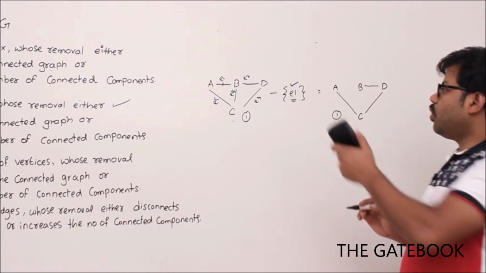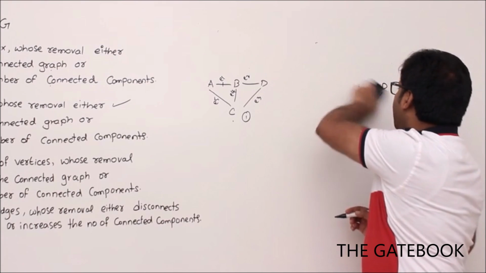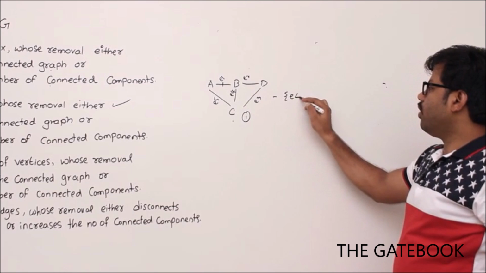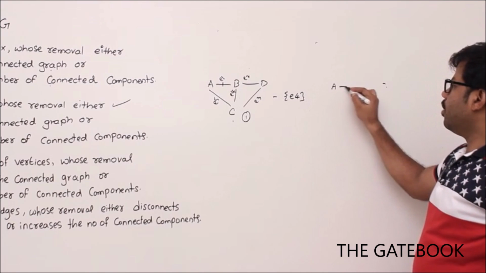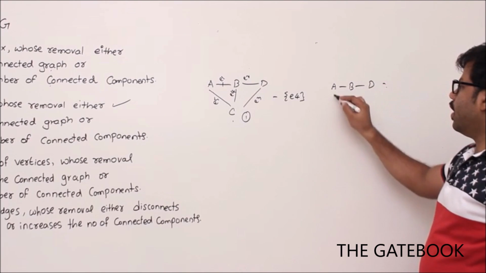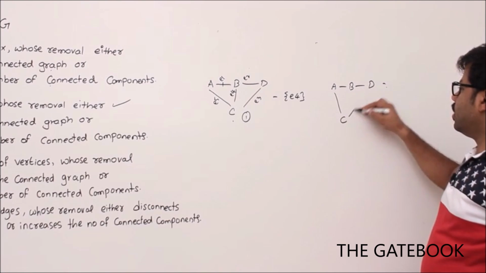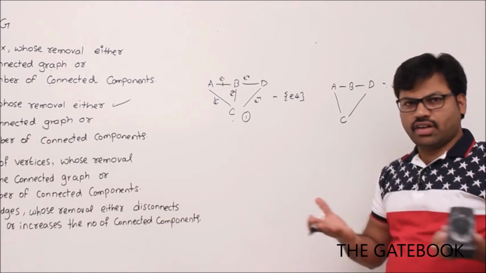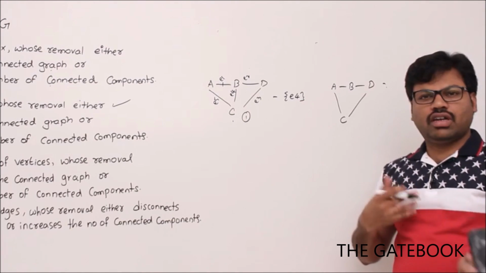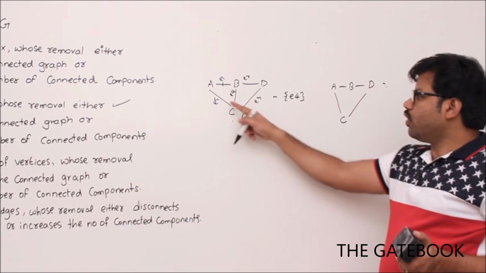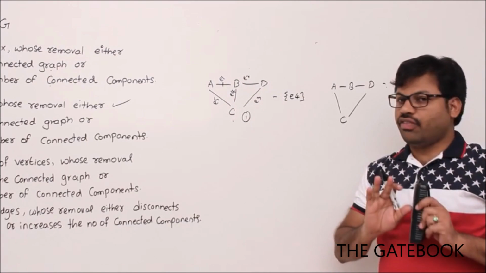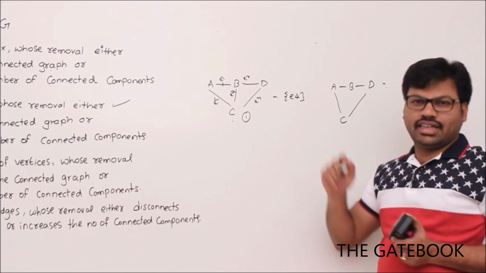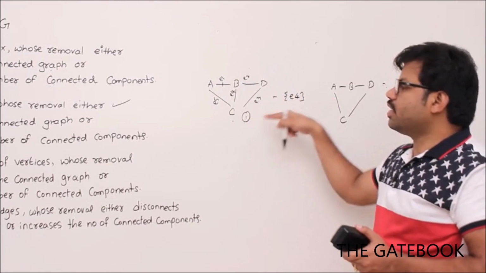Okay. So, one more example we'll see. Let's try to remove E4. If I remove E4, what happens? Then you get AB, BD and AC and CD. Again the same thing: the graph is not disconnected, the number of connected components has not increased, so E4 is also not a cut edge. Whatever you remove here, the graph will not be disconnected. So that's why I can say that nothing is a cut edge here. Okay, there is no cut edge in this graph.